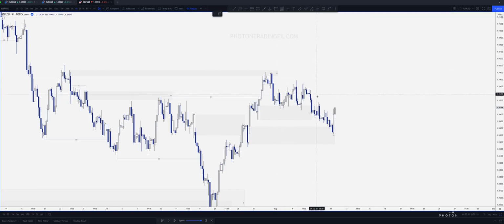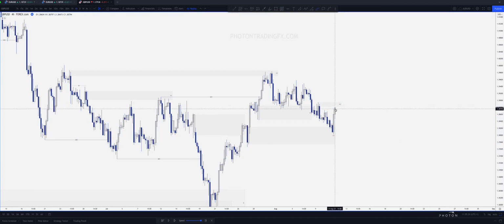But really what I'd want to see is a 4-hour started to kind of get those minor breaks of structure and break those last areas of supply, because remember we had this point of demand here, price reacted and then pushed down. We did mitigate some of that supply, but there could be enough supply left within those wicks. Pound dollar is another pair that loves to come up and mitigate wicks, so really I want to see price break that, because there is a possibility that this could just be used as inducement to react from here